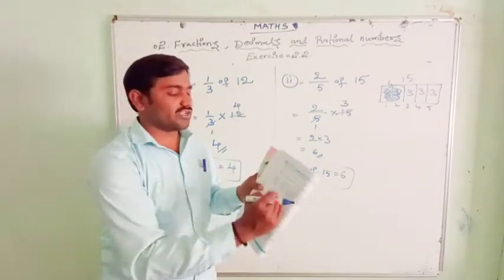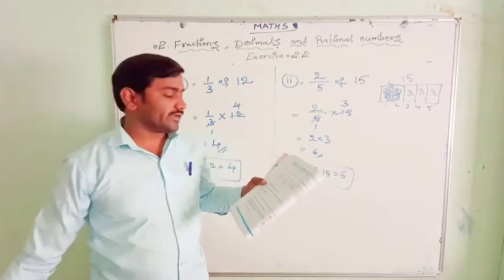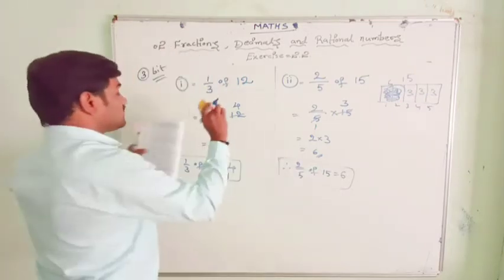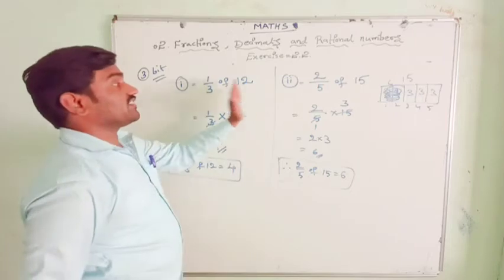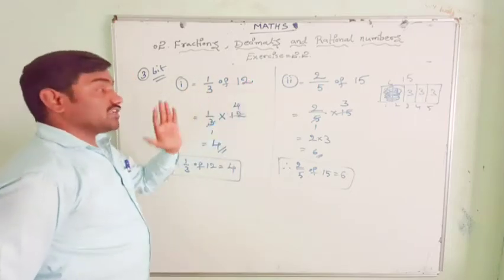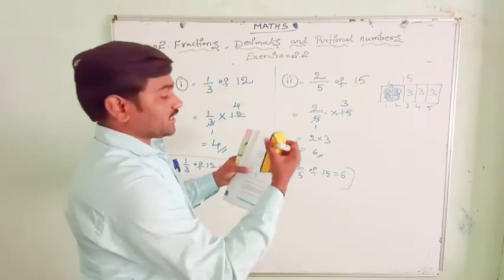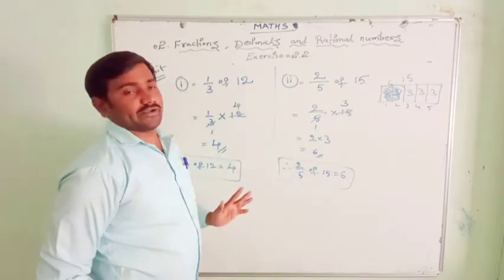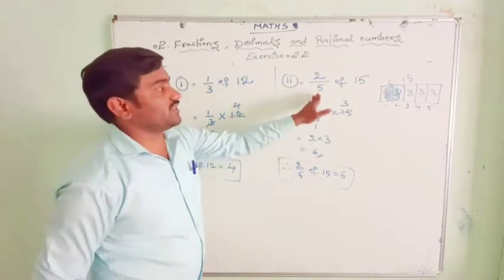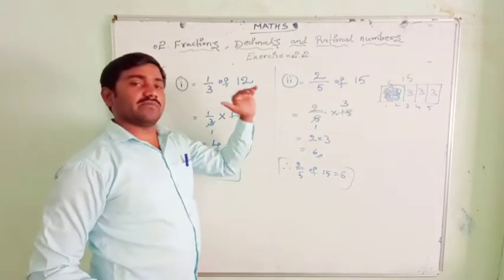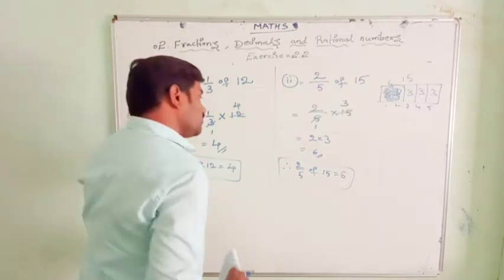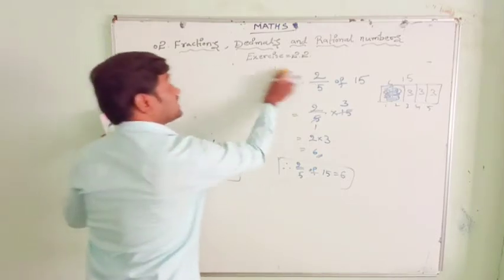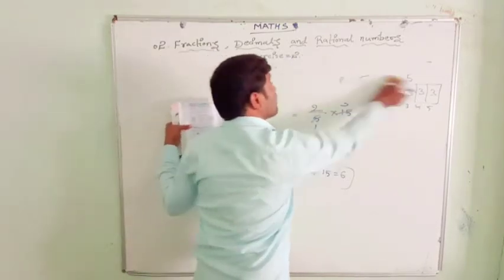That means we have completed only 3 bits here. Okay, that was multiplication of a fraction with a whole number. Till now you can see that in the first bit, second bit, third bit, you got one fraction and one whole number. But in the next exercise, that is exercise number 2.3,